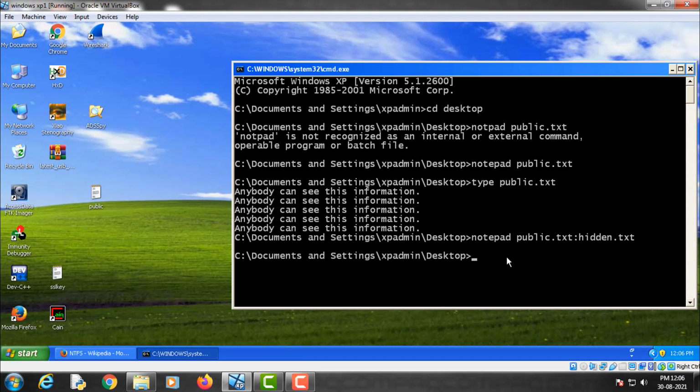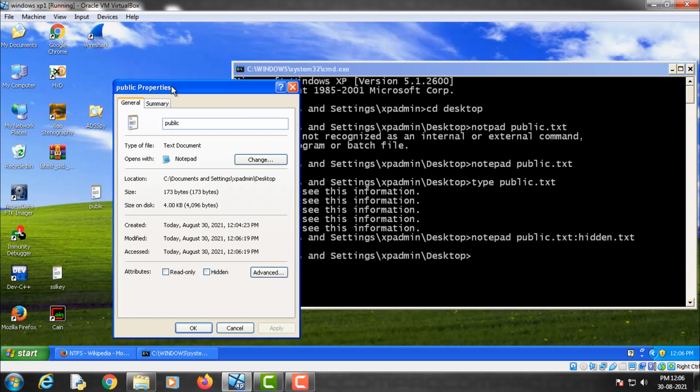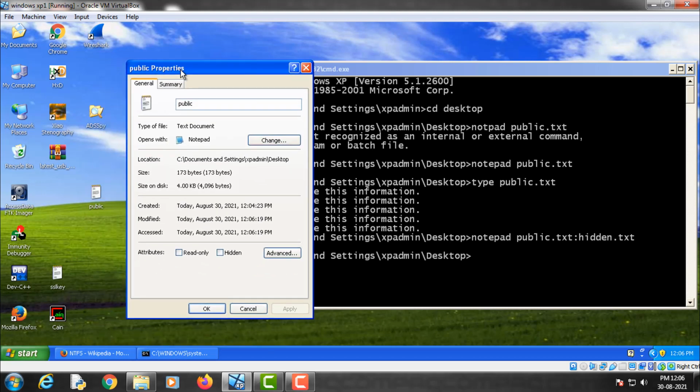Now as you can see, by seeing this file you cannot tell that there is a file by the name of hidden.txt hidden in this public.txt file.